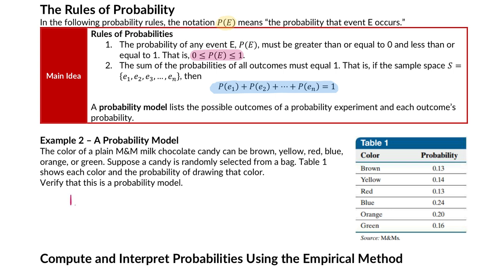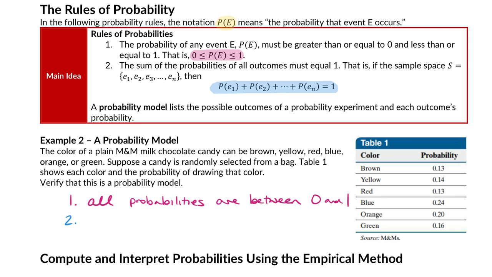So for number 1, are all of the probabilities listed in that table between 0 and 1? Yes. So we can say all probabilities are between 0 and 1. That satisfies the first requirement, that all of those probabilities are between 0 and 1 inclusive. Our second thing is that all of the probabilities need to add up to 1.